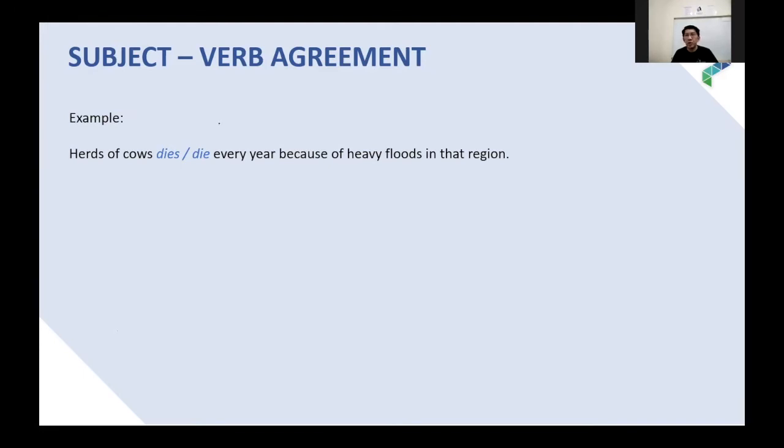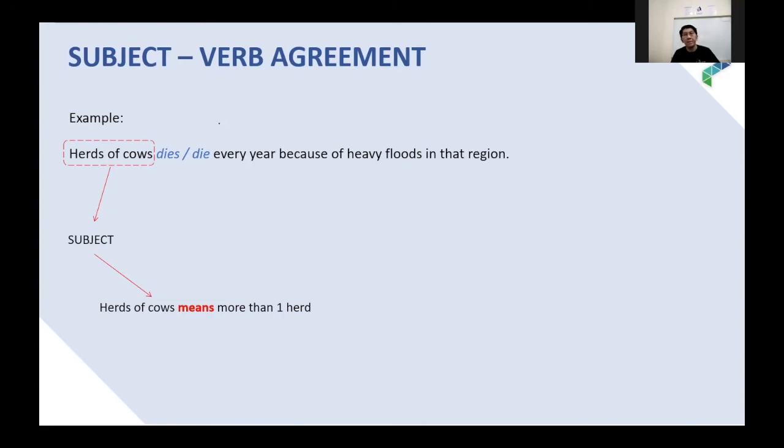Here we have herds of cows dies or die every year because of heavy floods in that region. The subject again is herds of cows. Herds of cows means more than one herd. Yes, in this subject, it doesn't specify whether there are 2 herds or 3 herds or more than 3